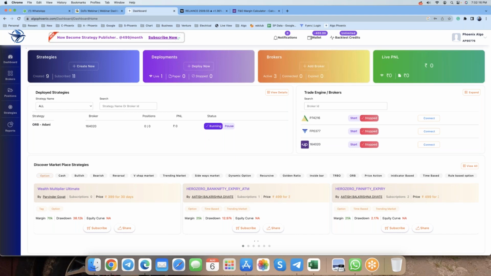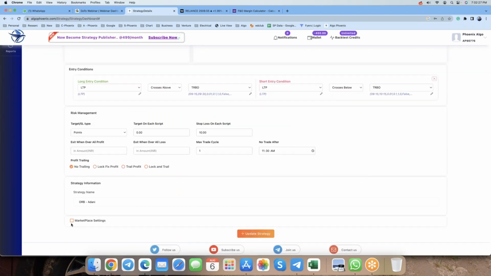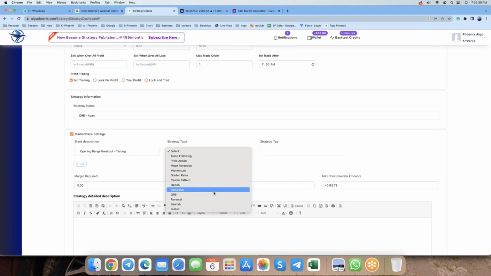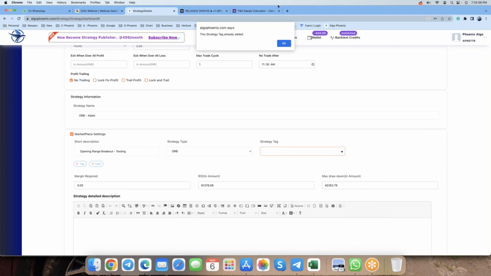And now I've spent so much time sitting and designing the strategy. I want to make some use out of the strategy. Then what I can do is go to edit strategy and click on marketplace, and I'll write the name as opening range breakout on Adani. I'm putting it as testing. Okay, and this is based on opening range breakout. Okay, cash stocks. I'll tag it with cash stocks,